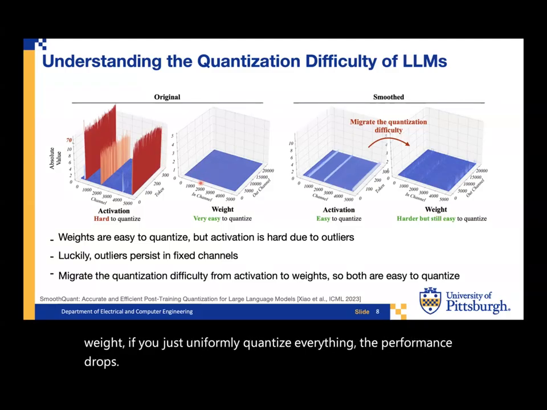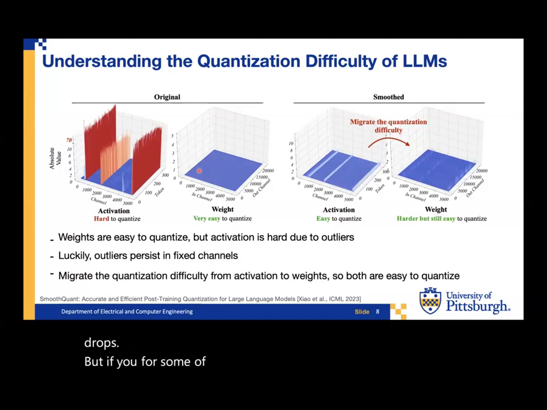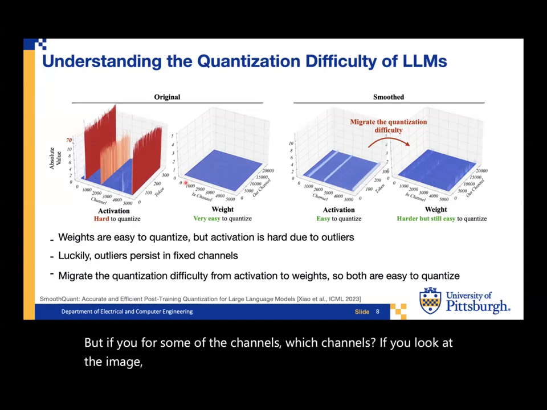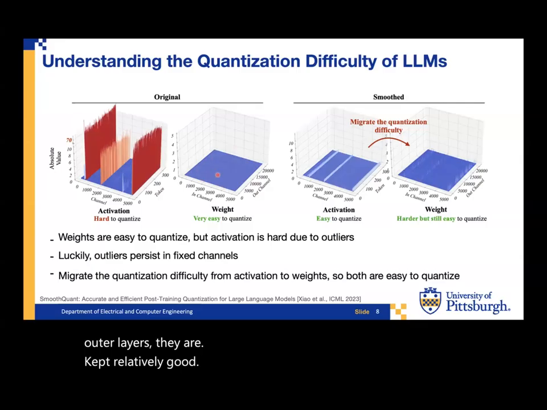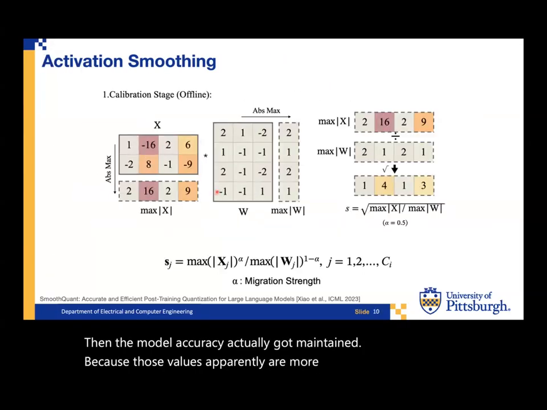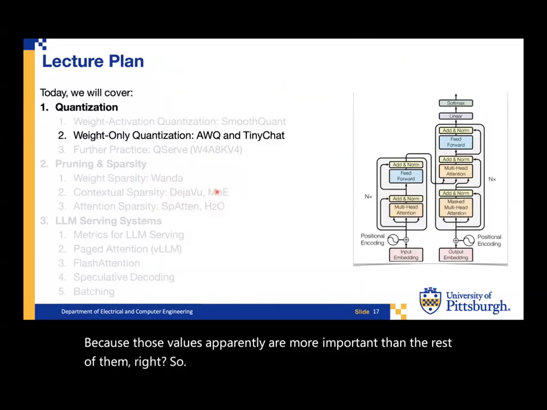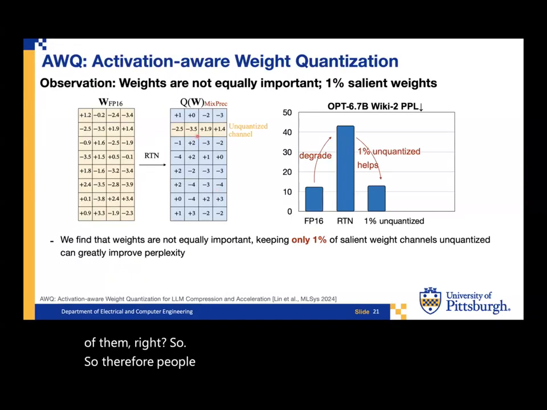But for some of the channels, which channels? If you look at the image, it's quite intuitive actually. If the channels corresponding to these outer layers are kept relatively good, then the model accuracy actually got maintained, because those values apparently are more important than the rest of them, right? So people find that for some of the weight channels, if we just keep them unquantized,